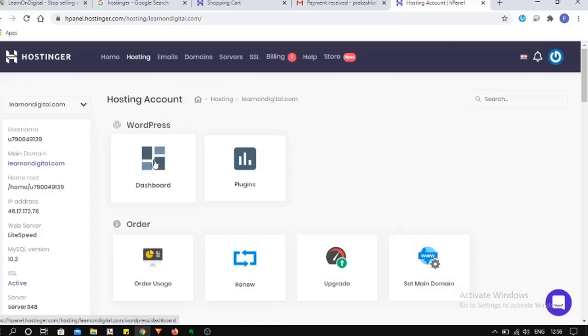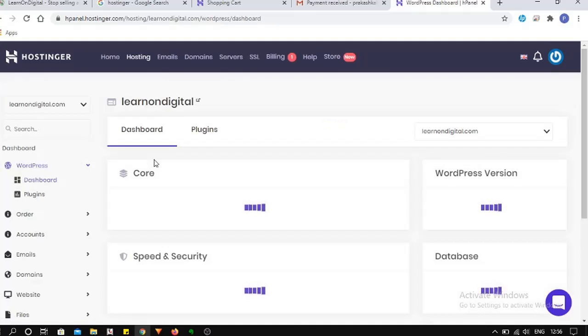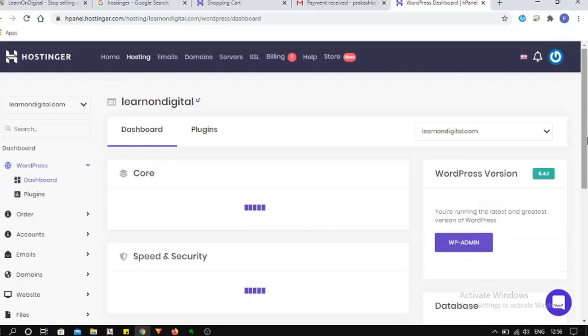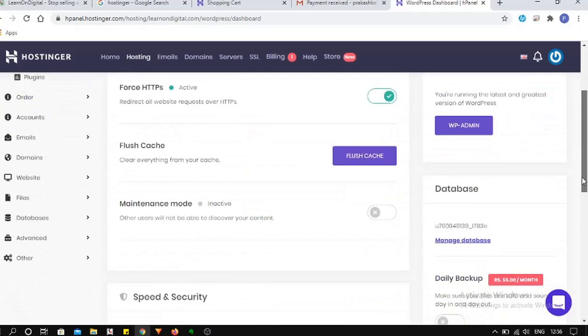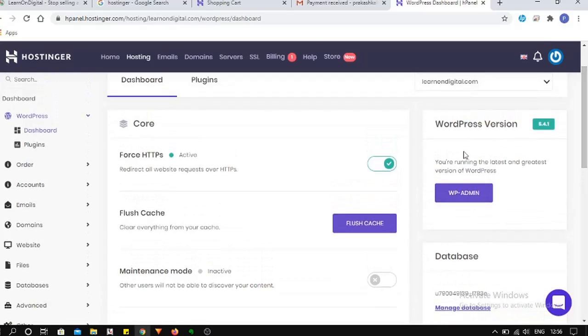By clicking on that WordPress dashboard, you can get into your domain name's WordPress dashboard. In that you can play around with your blogs, settings, databases, domain names, email accounts, etc.